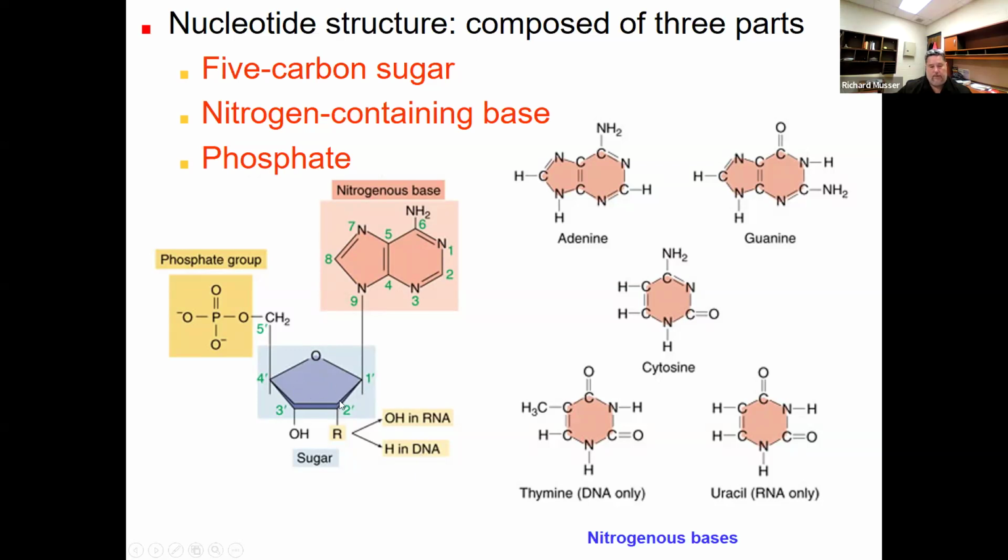So remember, at each one of these corners is a carbon. So each one of these is a carbon. So this is a sugar. This is a 5-ring sugar, well, a 4-ring sugar with a little extension. And so this is a ribose. Now, the R, remember, represents the rest of the molecule. That's how I say it anyway. So if it's ribonucleic acid, it has that extra oxygen, or this hydroxyl group, while in the case of DNA, it would just have a hydrogen.